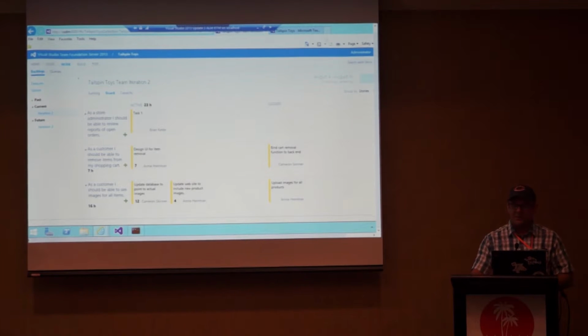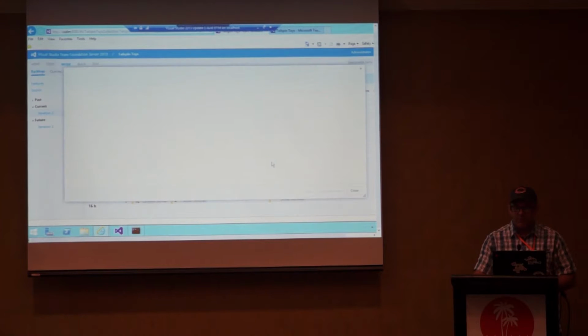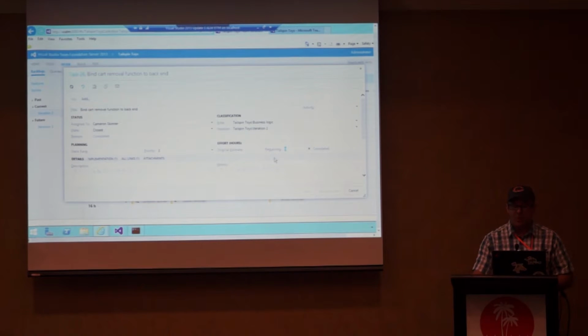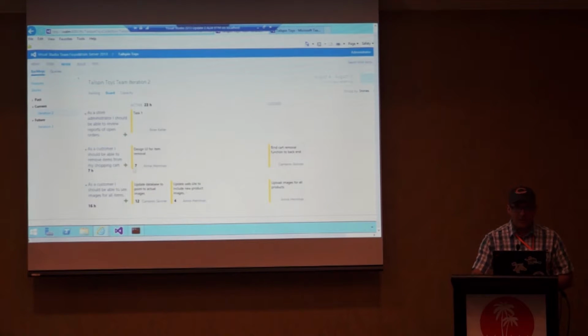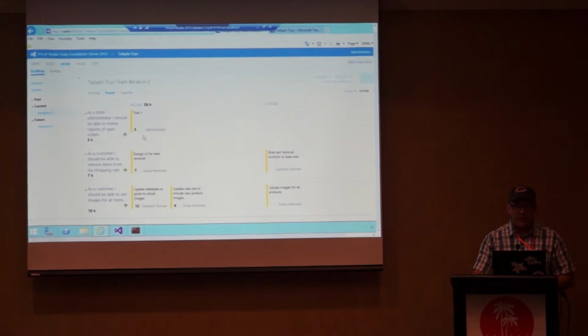Now, it should zero out by default, but it doesn't seem to be doing it. Now, if I open that up, one of the things you'll see is remaining is 0. But nothing else is going to get updated. So let me see if I can find one, let's close out this one. Oh, actually, I didn't assign hours. Let's go over here and say that we have 3 hours working on that. We're going to assign this one out to a different user. So let's assign it out to Annie. Now when I bring it over here and close it,